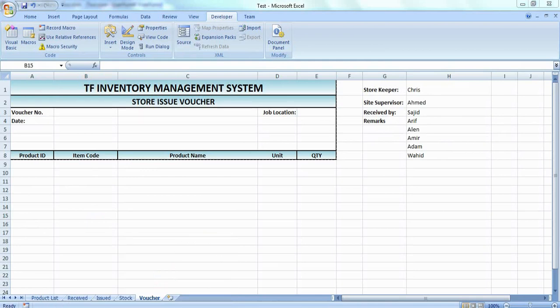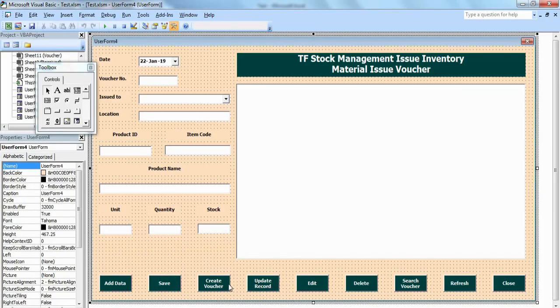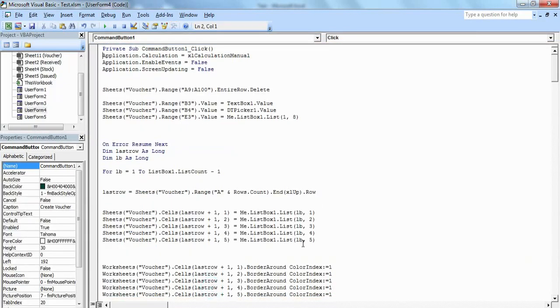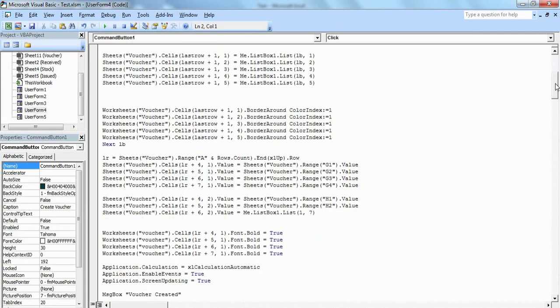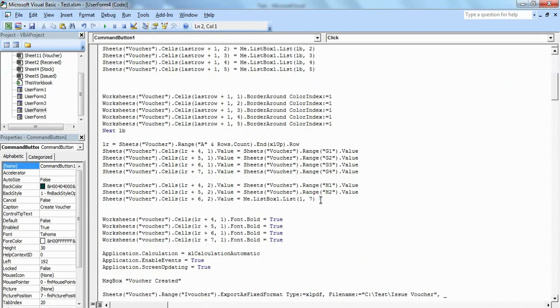So I will go again. Here you can see I7, it's coming from the list box. Actually it is not I7, I mentioned 17 because the first row will be the name of the person. First row means second row in the list box.